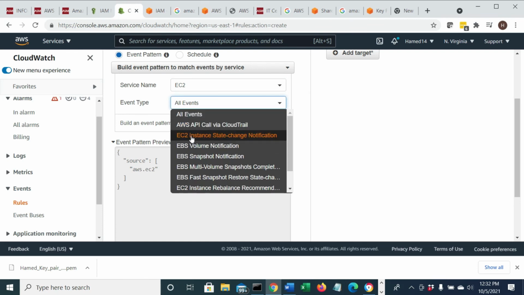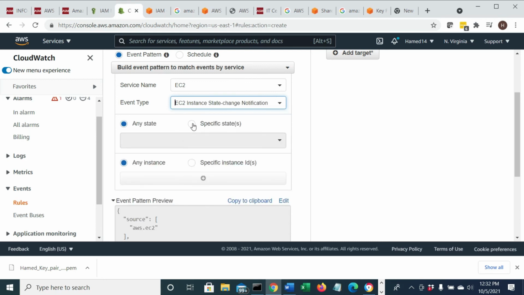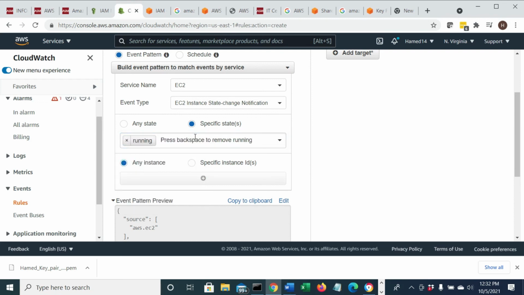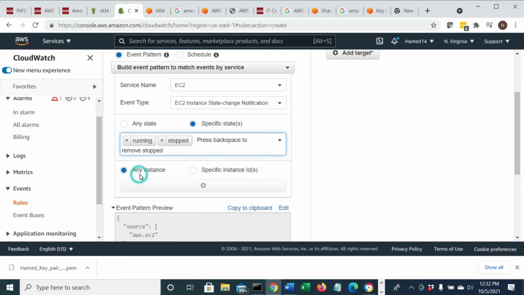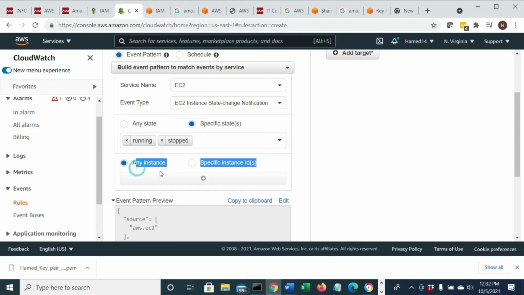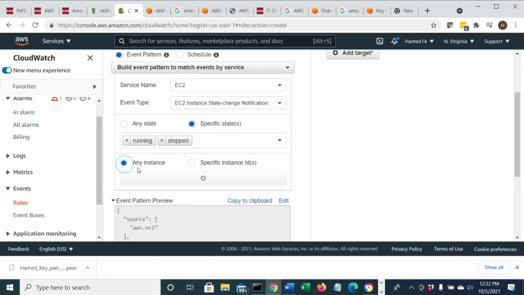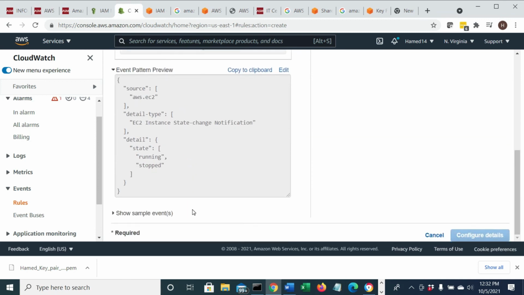Let's do EC2 instance state change notification. I can say a specific one, like when somebody is running or somebody else stops EC2, right? I can say any instance or all instances, right? So let's say any instance. For a specific instance I have to put the ID here, but any instance means any server that stops running, right?